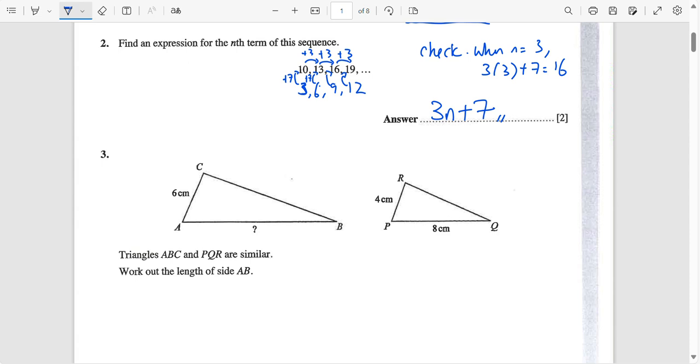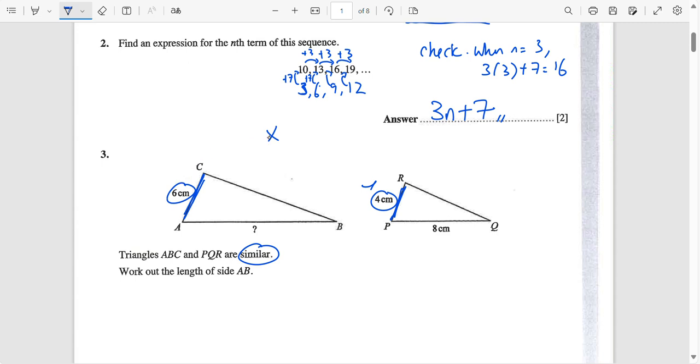Triangles ABC and PQR are similar. Work out the length of side AB. Okay, they are similar means their ratio is equal. For example, you see that AC matches with PR. Can you see that? So 6, 4. So from 6 to 4, how do you multiply by